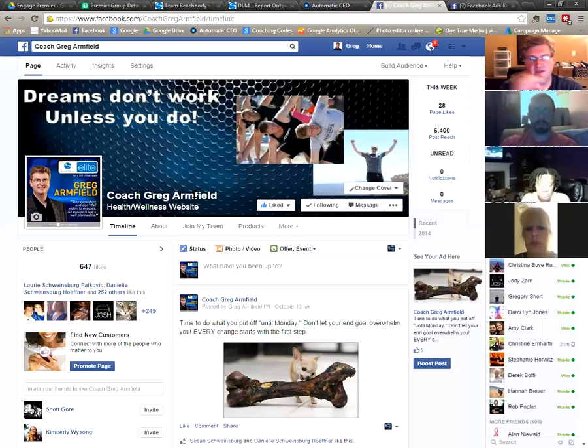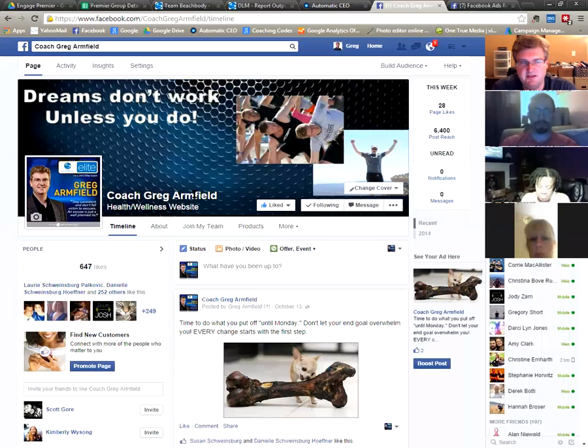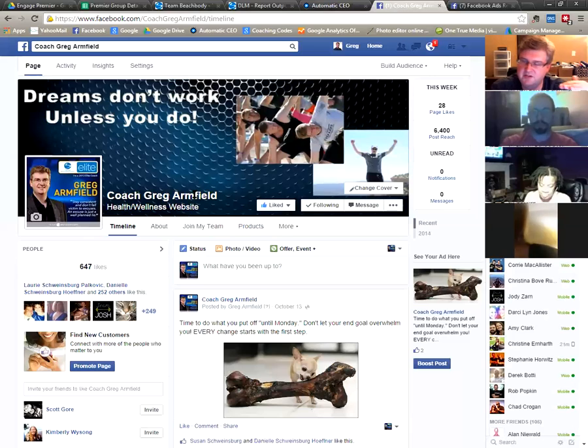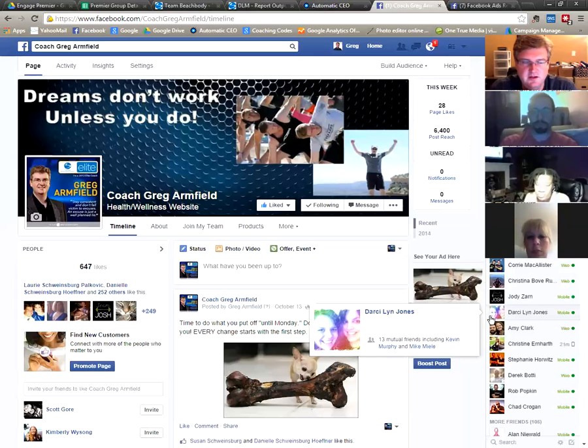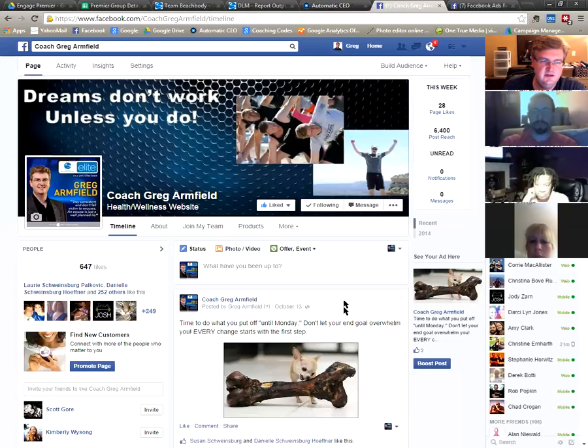So there's a lot of things that you can do with your advertising that you can't do off of a personal page. One of the things, I don't know why, but you know how advertising shows up in your news feed? But it can also show up on the left-hand bar. Like you can see over here, there's a little left or right-hand navigation bar. So if you do it from your personal page, it'll only show up on the right. It'll never show up in the news feed.